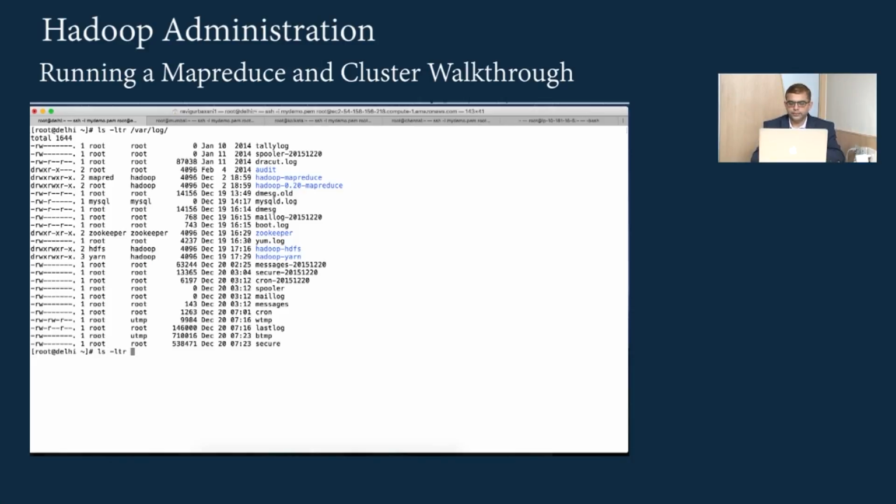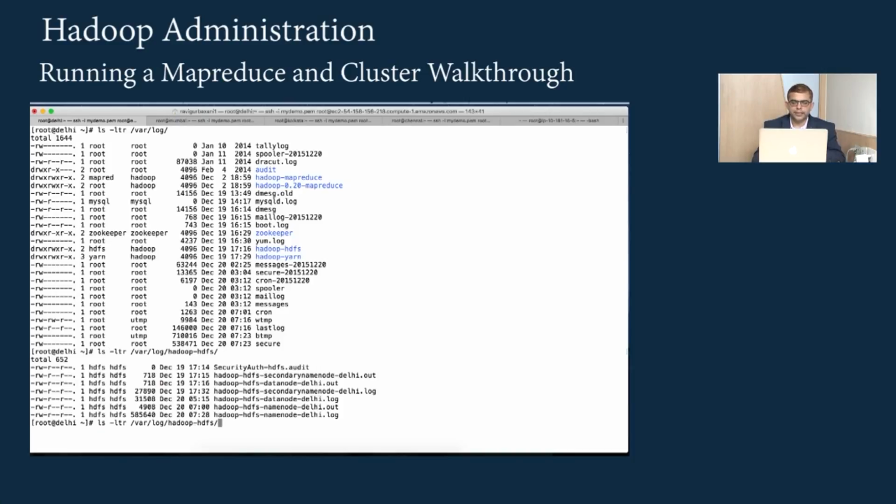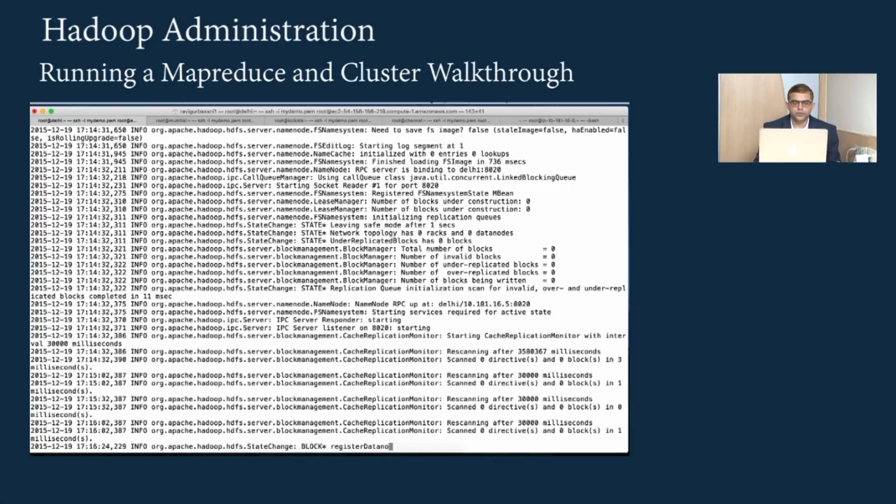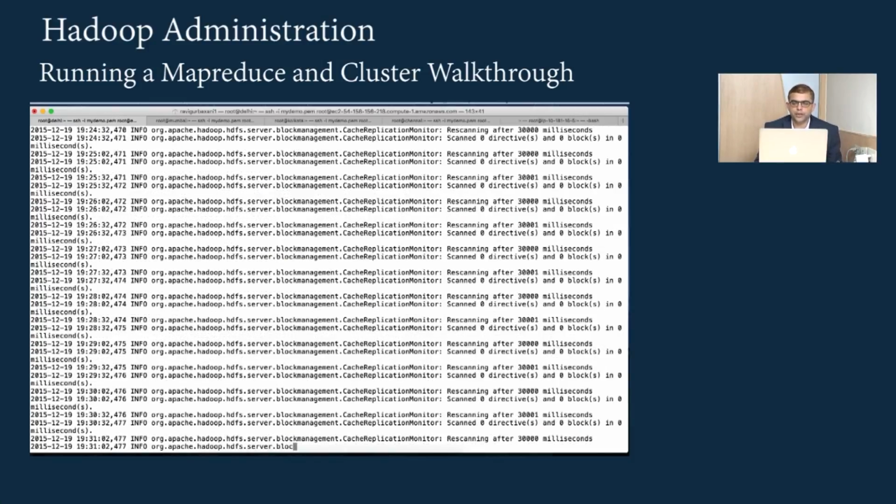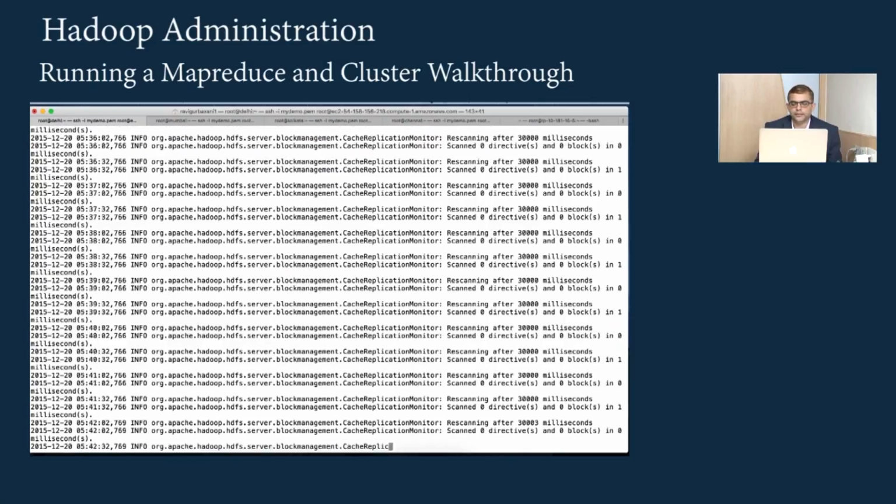So you say, and here you see data that's pertaining to the name node. So these are the logs that you can see from the UI, but this is the background path, and you can anytime visit from here. This is the logs of the name node, which are also available from the user interface.